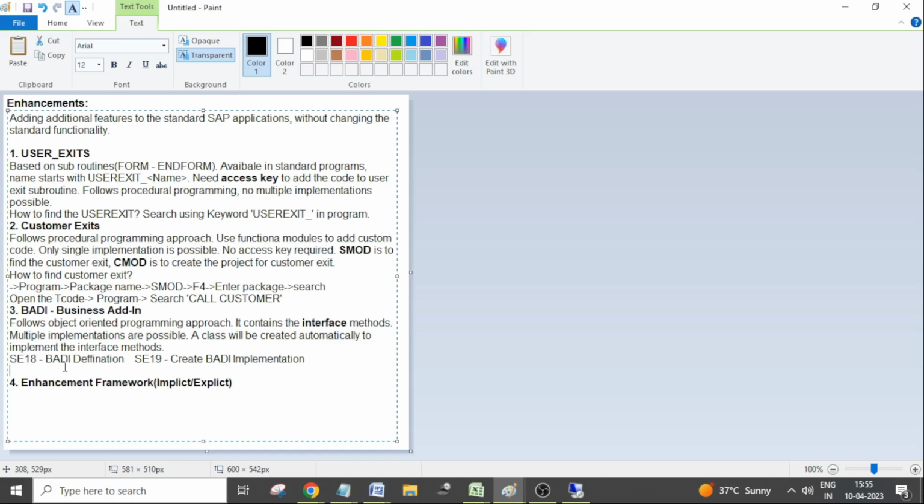Like that, every functionality will have separate BADI definitions provided by SAP. But how can we find the particular BADI definition available for our requirement? To find it, we have multiple approaches. The first and better approach is using